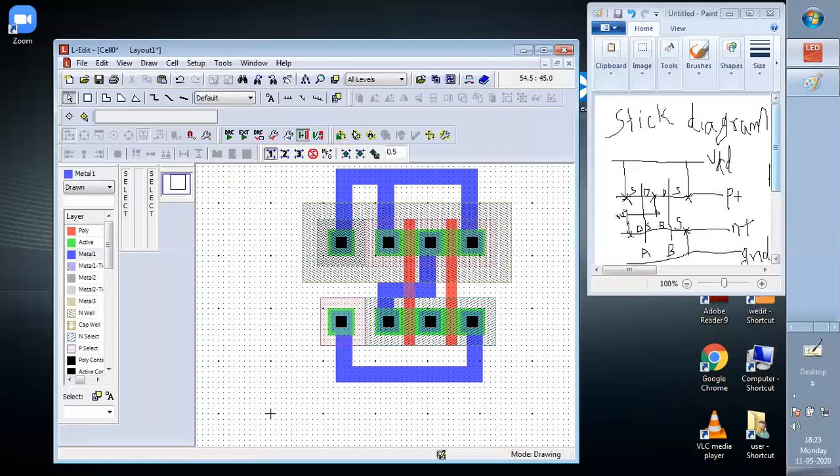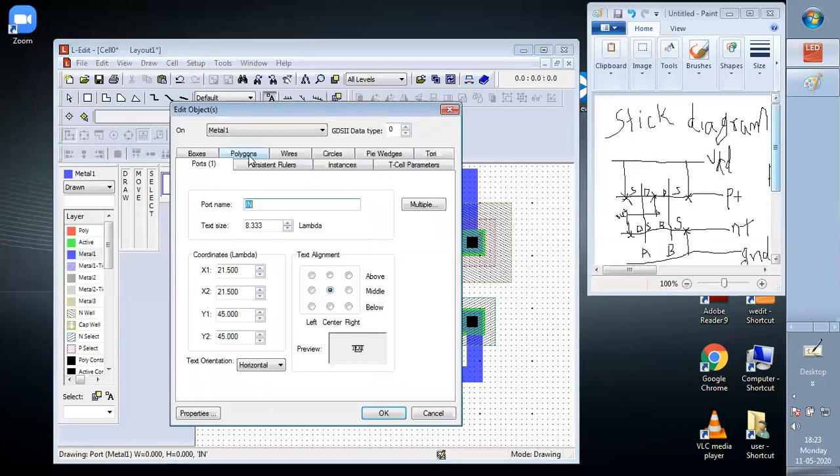So names, how will we write? We go to this box. This is switch to drawing codes. We click this and we click on the metal, this VDD terminal, and we click this. First we have to see whether it is metal or not. That is a very important thing. Metal 1, and then the port name is VDD.